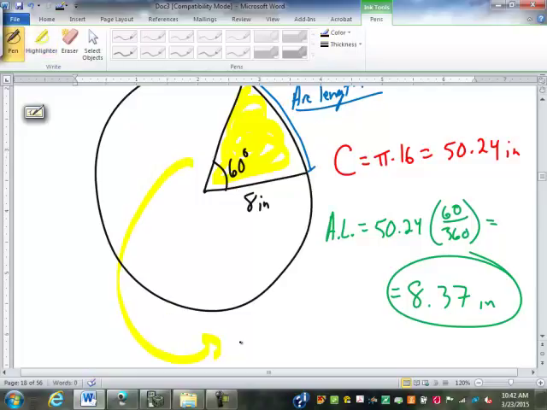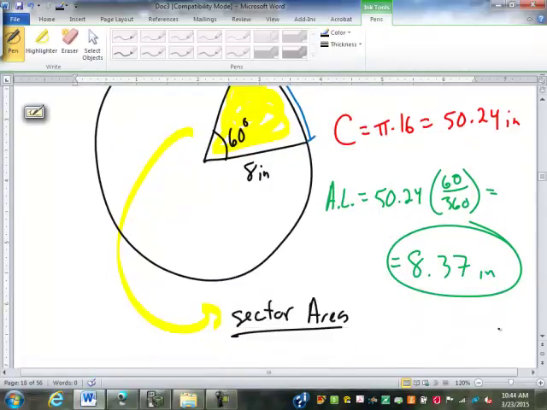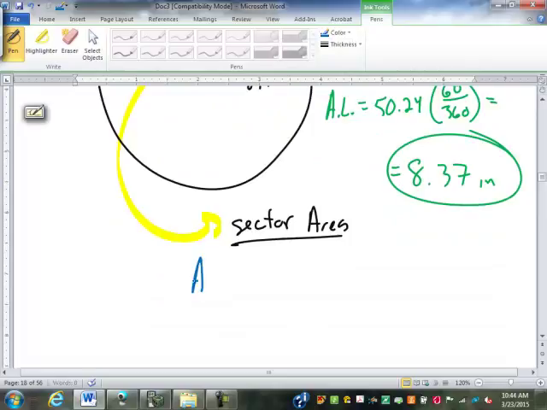I want you to find the sector area. Okay, so what's the first step? Find the area of the whole circle, which is going to be pi times 8 squared, otherwise known as about 201.06 inches squared. And then, of course, we find the area of the sector,